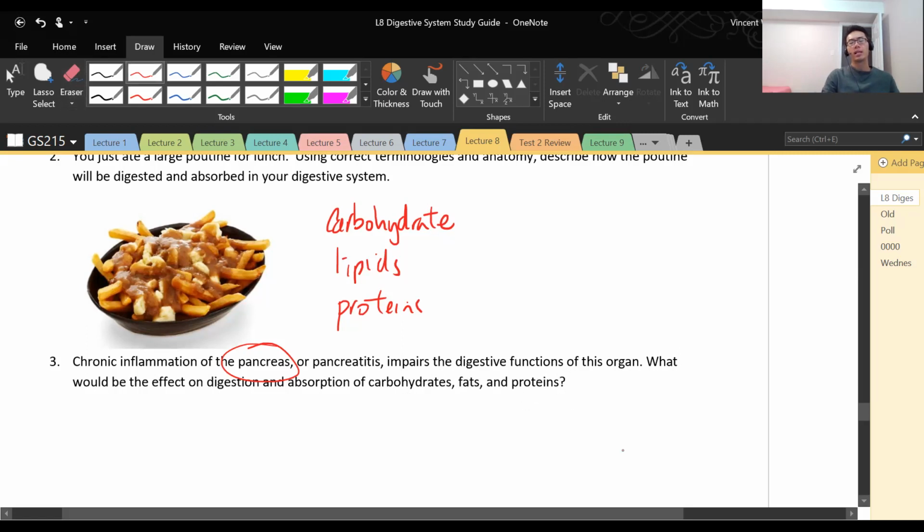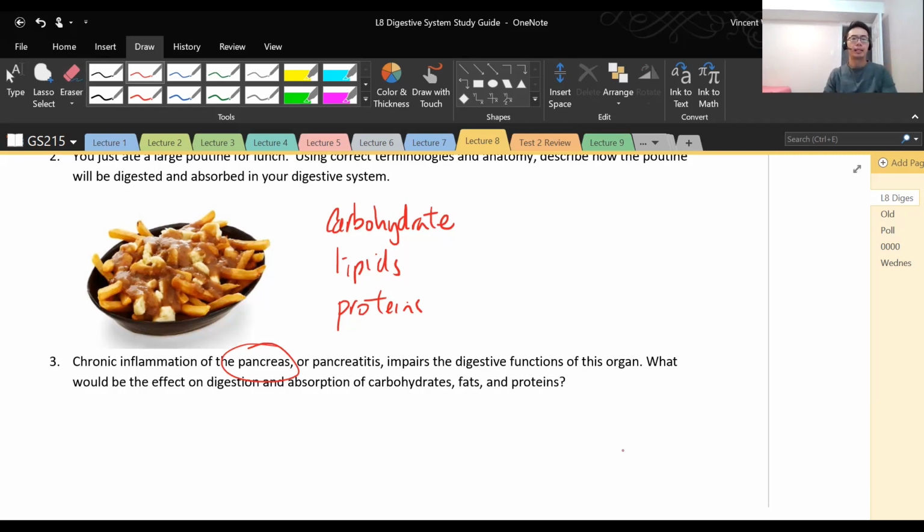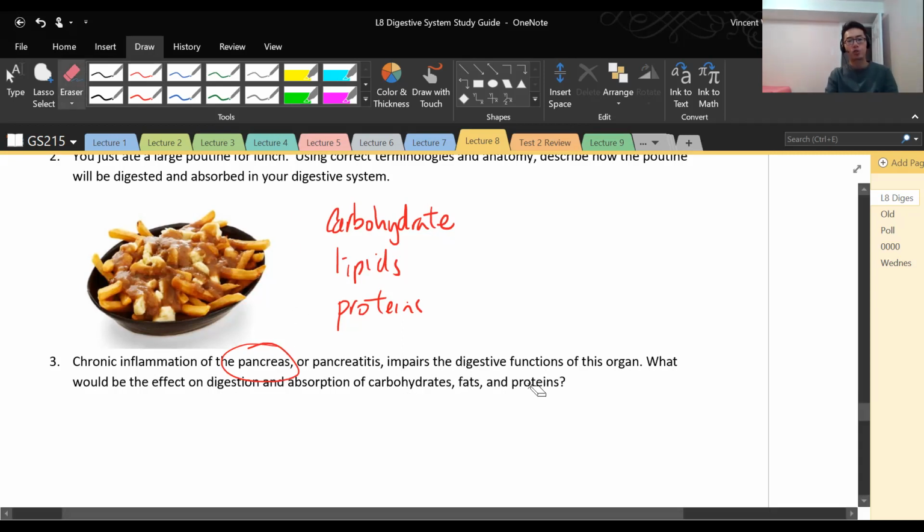Same thing with the protein, right? But some of the proteins might be broken down by the pepsin in the stomach, but you really have to rely on the pancreatic juice to do that. So if the pancreas is not secreting those enzymes, then you might not be able to absorb everything. Much of these things, if not broken down into its monomer form, will just pass through your system,